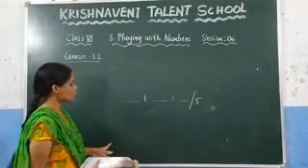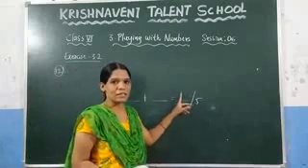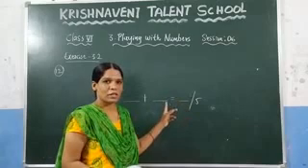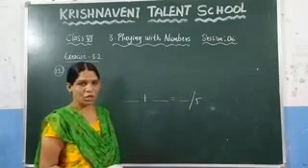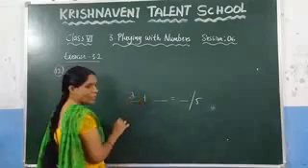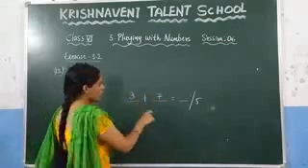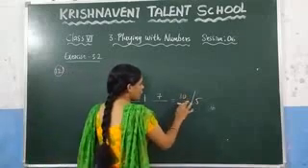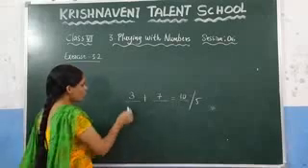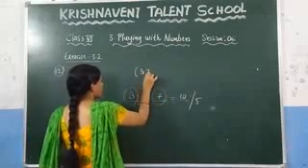And what are those numbers such that if you add them and divide the result by 5, you get the remainder 0. What are those numbers? You need to write it here. You know that 3 is a prime number and 7 is a prime number. And what is the value of 3 plus 7? 10. And if you divide 10 by 5, you get the remainder 0. So what are those numbers? 3 and 7. This is one pair.